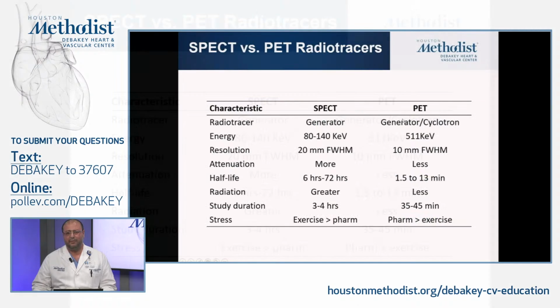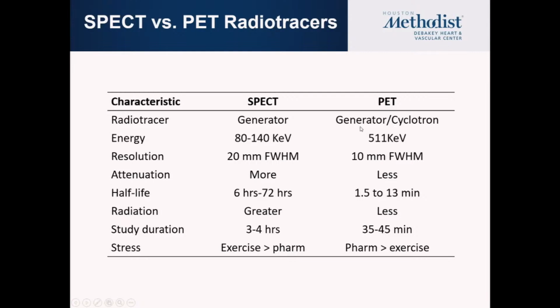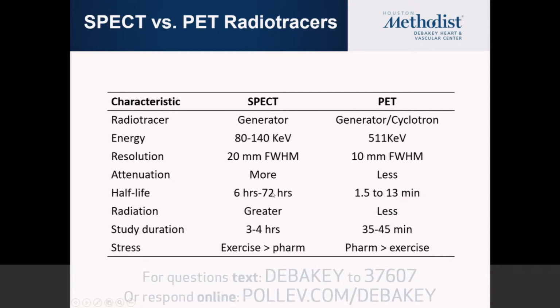With PET, we have primarily generator or cyclotron-based ones. The energy is very different. So you have with SPECT 80 to 140 keV. With PET, we have 511. That's why we have better resolution. The attenuation is more in SPECT, but we have higher energy here, so it's less in PET in terms of attenuation. The half-life, although we're using lower energy in SPECT, the agent's half-life is 6 hours to 72 hours, so